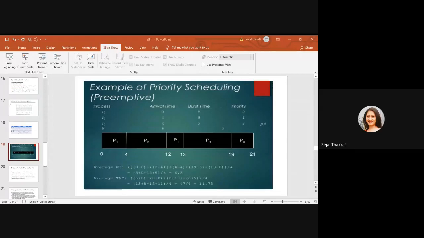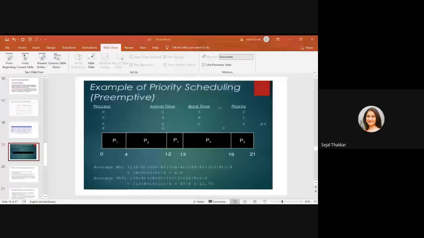Now P2 has execution time equal to 8. So now start executing P2 and check it out. At time 5, any process arrives? No. At time 6, any higher priority process arrives? No. At time 6, P3 arrives, but it is having priority 4, which is lesser than P2. Even at time 8, P4 arrives, and even though P1 is pending, nobody is having priority higher than P1. So you cannot resume the execution of P1. P2 will complete all 8 units of execution. So 4 plus 8 is 12, P2 will complete because nobody else is having priority higher than it, right?